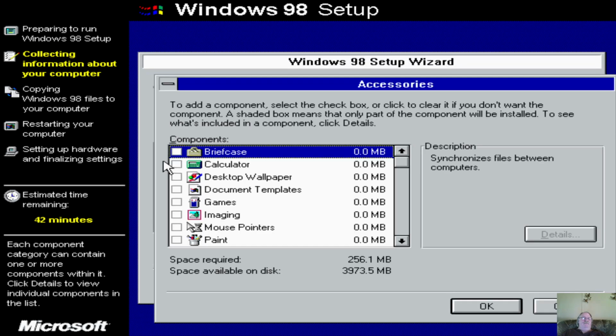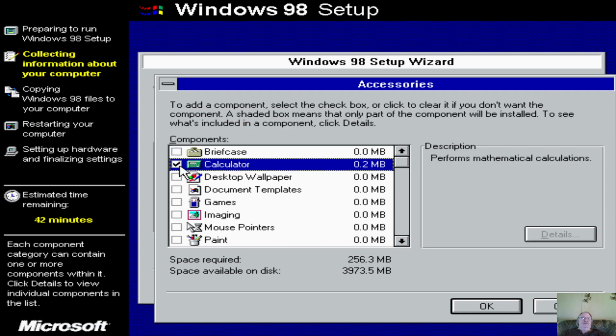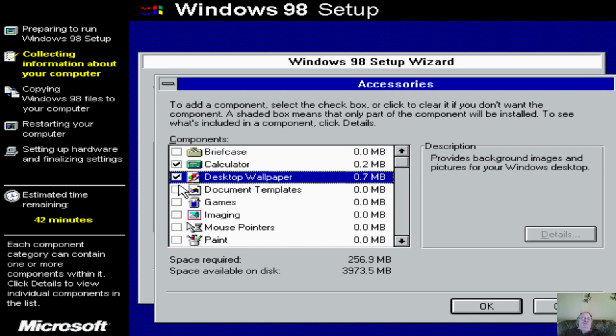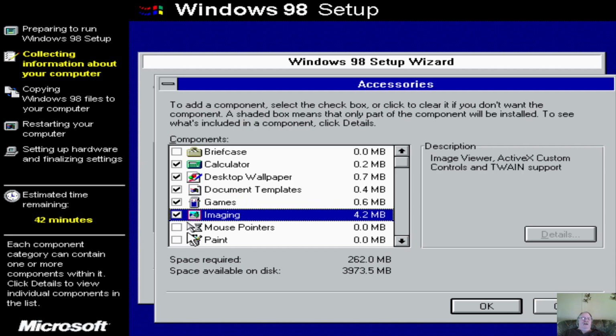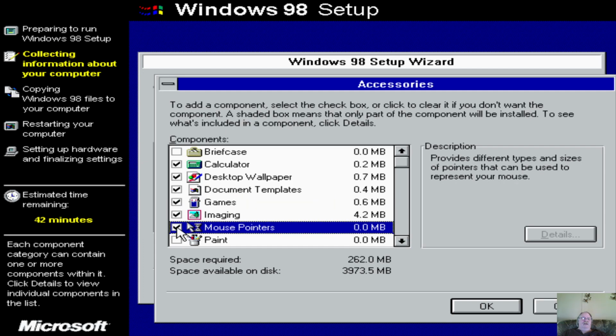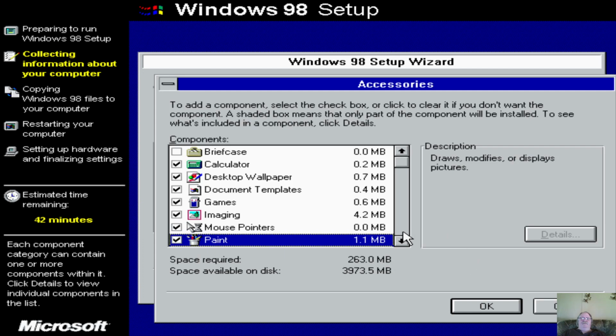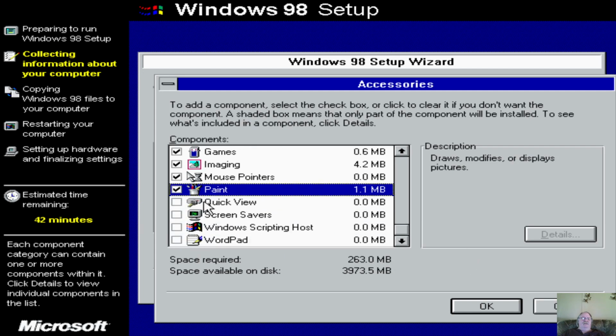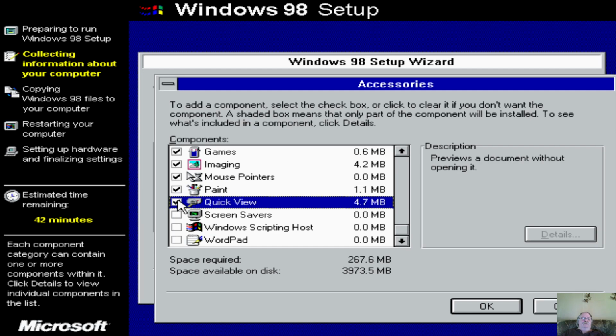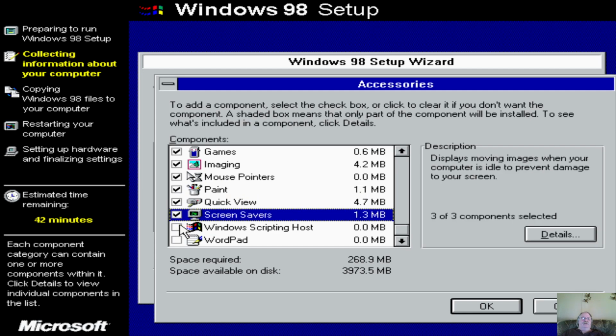Accessories, yeah, why not? I don't need briefcase, calculator, desktop, documents, games, imaging, mouse pointers, why not? Paint, yeah. Quick view, that,